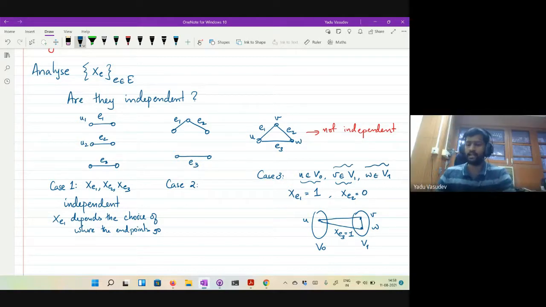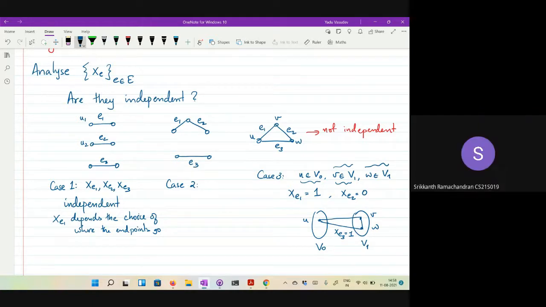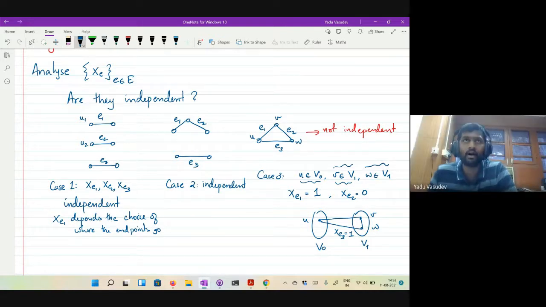Okay. Yeah, so that is what, right? If you say E1 and E2, if I fix values, does E3 depend? Or if I say what is E1 and E3? So whether it's independent or not. Sarthak has already said that it is independent, right? So I think as long as the set of edges don't have an odd cycle within them, they must be independent. Probably that is correct. I haven't verified that, but it is probably true.